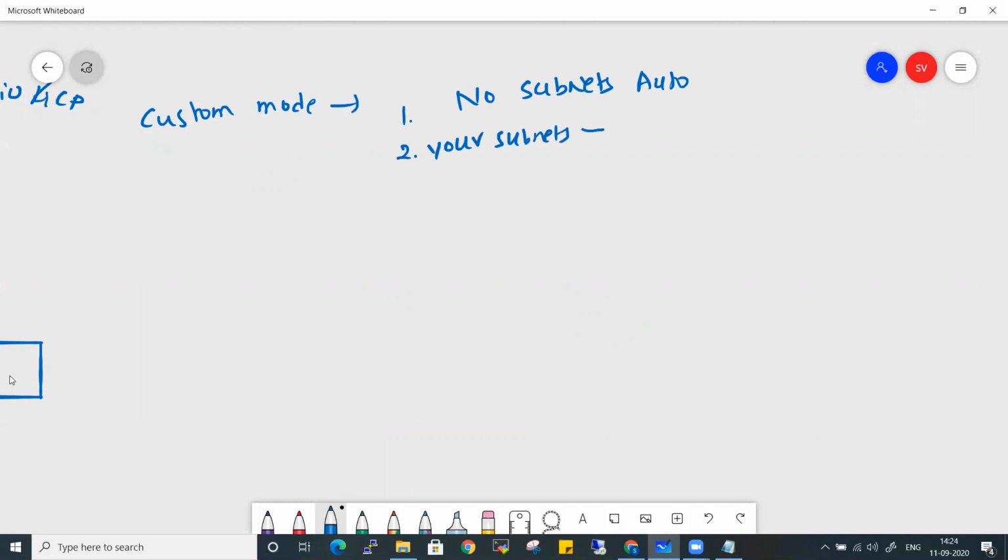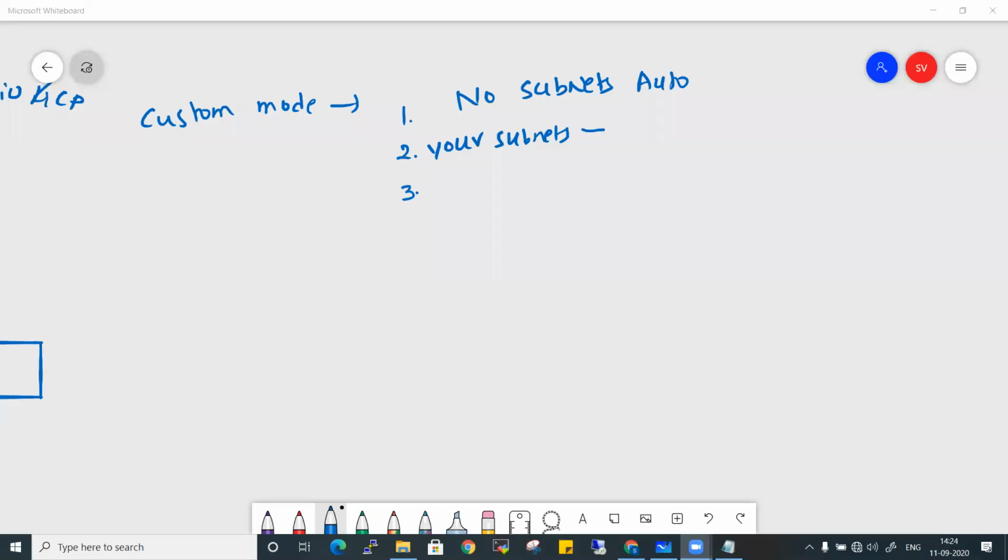How many you want to create is up to your wish, and this is much more flexible when compared to auto mode. This is very different from AWS and Azure, where we won't have any custom and auto modes. It is defined by default according to their architecture.